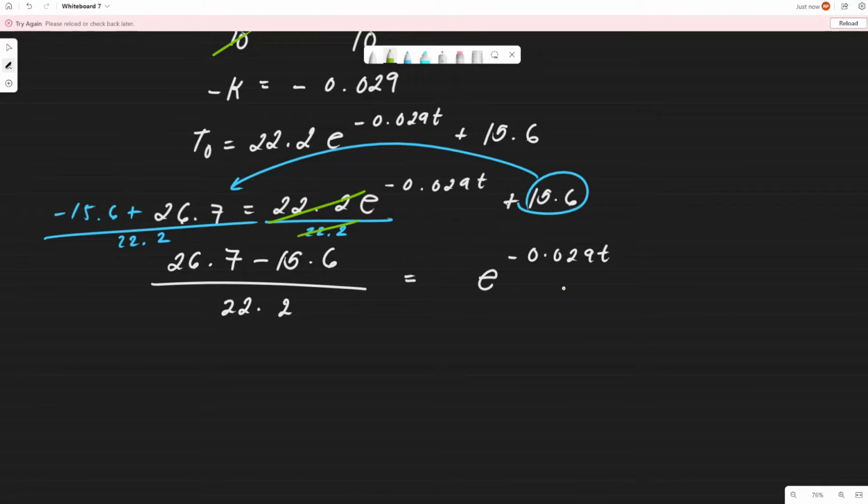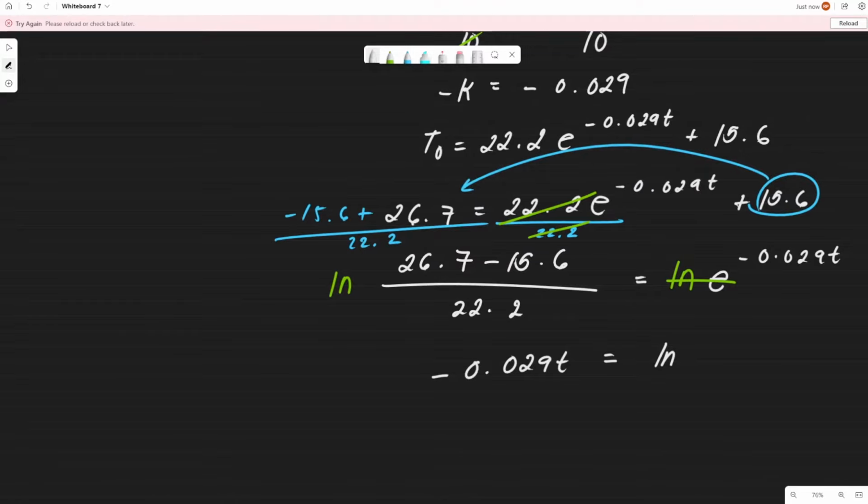So we'll arrive with e raised to negative 0.029 t. Then applying the ln property para ma-scrape na natin yung ln e, we'll have negative 0.029 t is equal to the natural logarithm of, compute na natin,